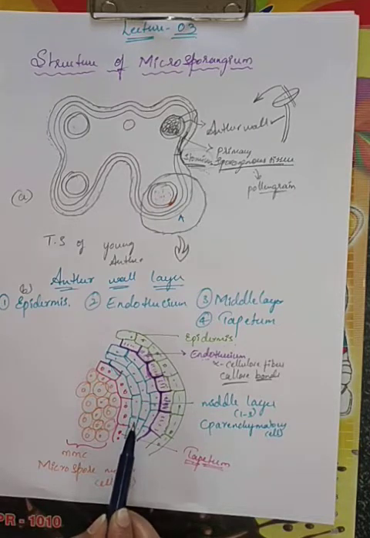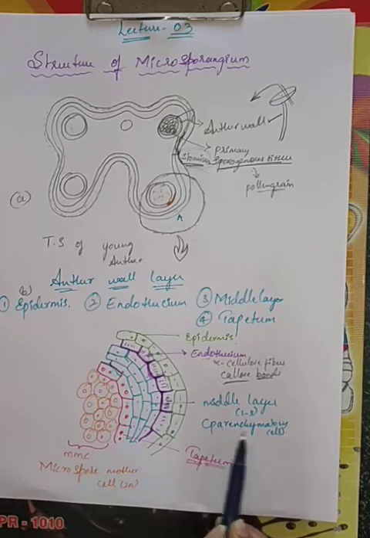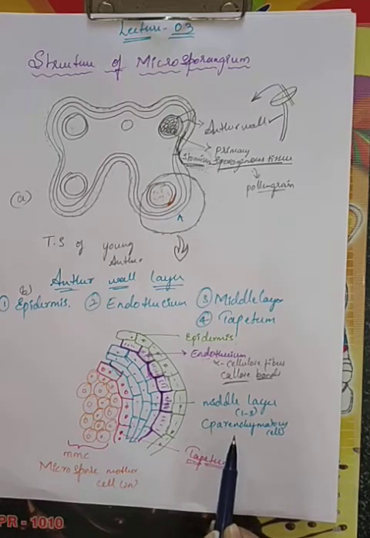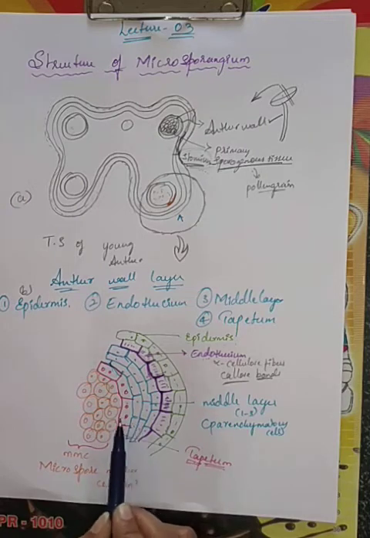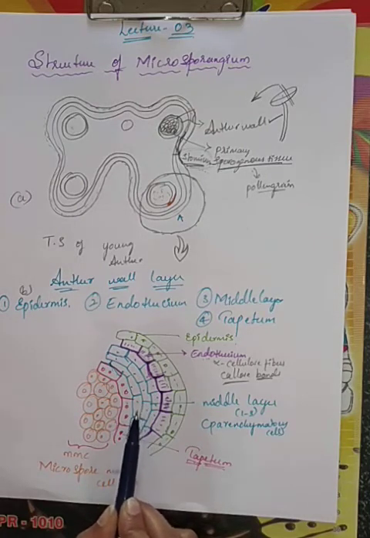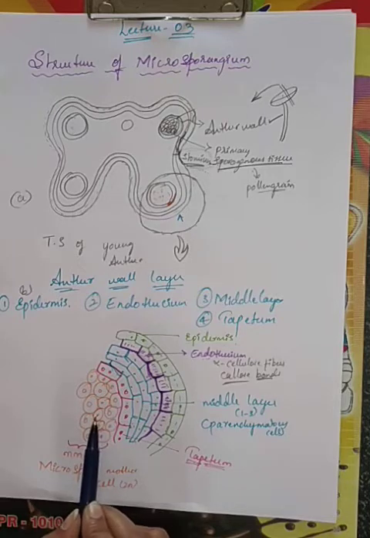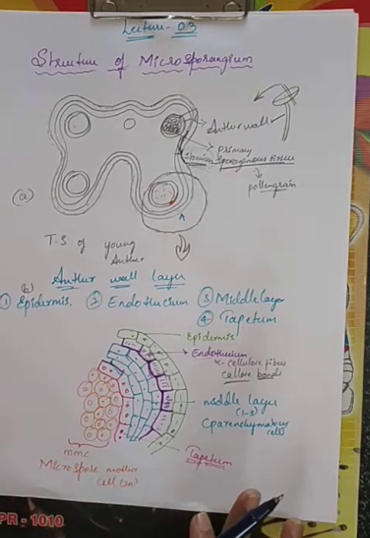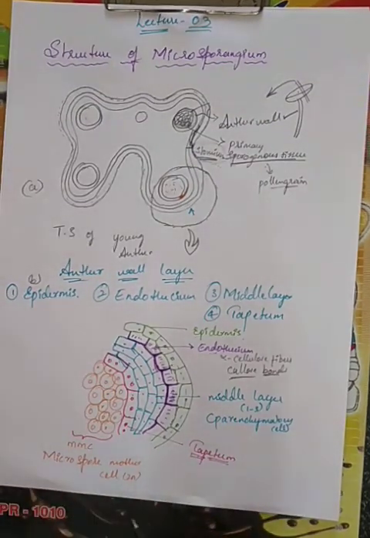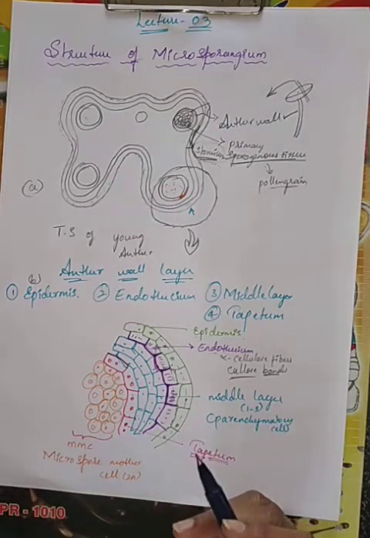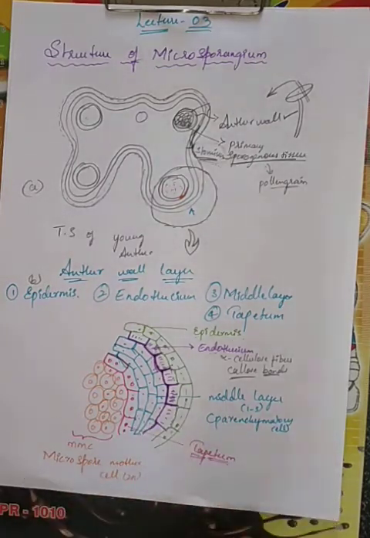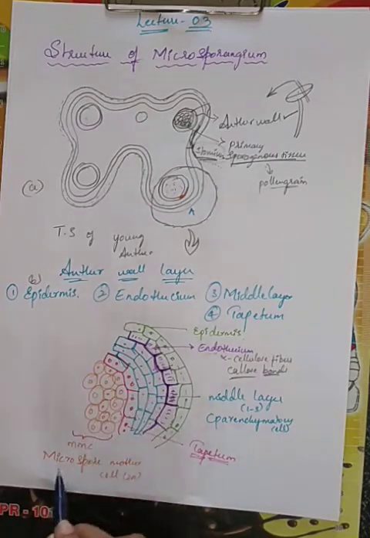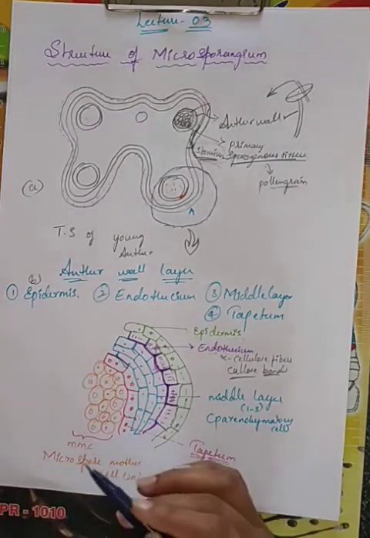Why? Because the middle layer is food storing material, as it is made up of parenchymatous cells. The tapetum absorbs food from the middle layer and then it will be helpful for the nourishing of what? The microspore mother cells. That food will be provided and nourished to the microspore mother cell, or else the developing microspore. Now, the tapetum disappears in mature anthers. In some anthers the tapetum disappears. Why? Because when all the nourishment is taken by the microspore mother cell, the tapetal cell will disappear.